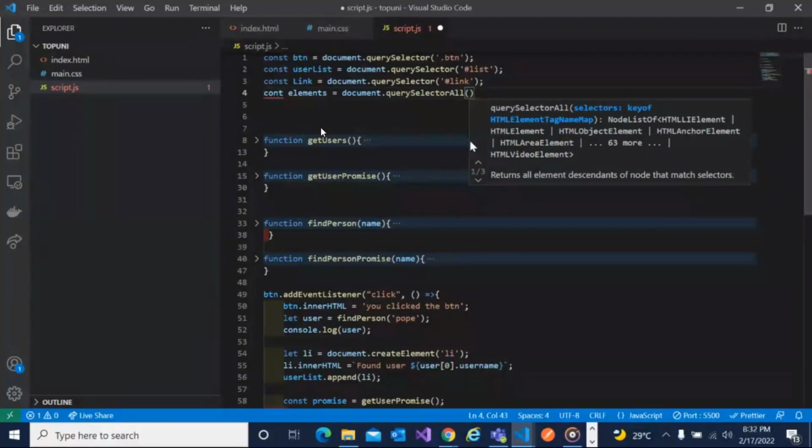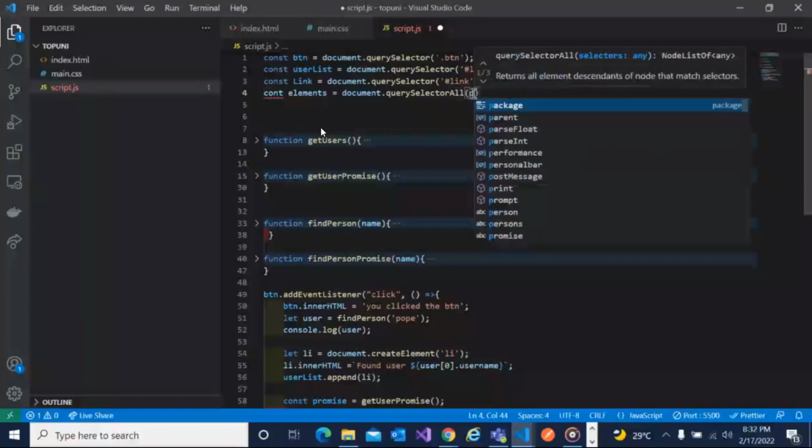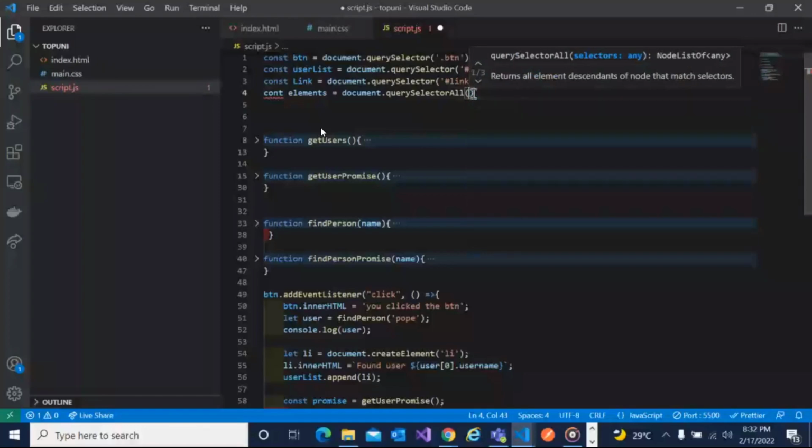All the elements that have it, that's what you select. And when you select them that way, let's say you are selecting all the P elements. So let's just give them